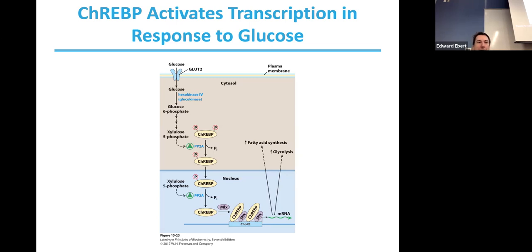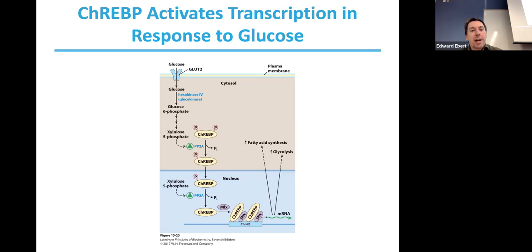We also have this carbohydrate response element binding protein that activates transcription in response to glucose, or we just call it ChREBP. Name your child ChREBP. So here, glucose comes in through the glucose transporter, gets phosphorylated, and goes down here, where we make xylulose 5-phosphate. So we've shunted that off; it's not going into glycolysis. This is another pathway. What this will do is activate protein phosphatase 2A, which will dephosphorylate this ChREBP